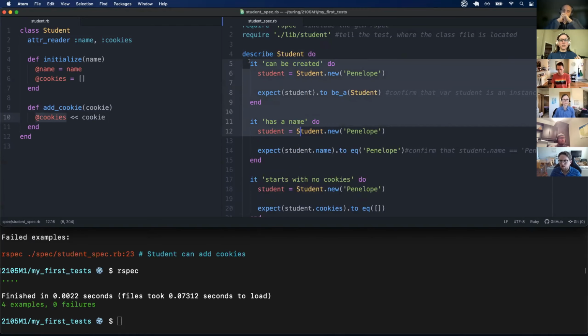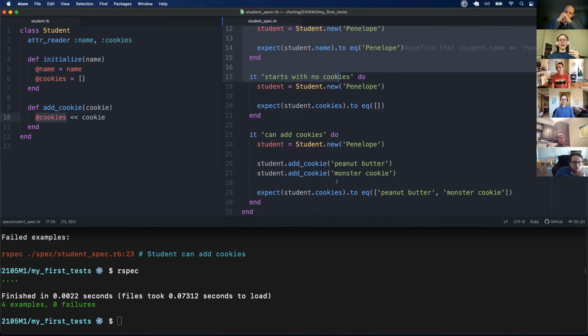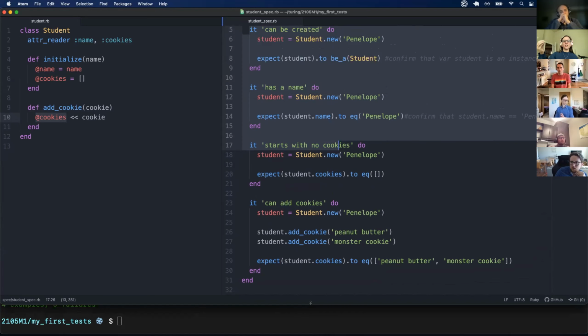RSpec is a really handy tool because it allows you to be really specific and descriptive about your tests in a way that other frameworks don't allow for. Right now we just have a list of tests. There's no division of this is what happens when we create an object, and here are some methods that you can call on that object. And so what you'll often see is